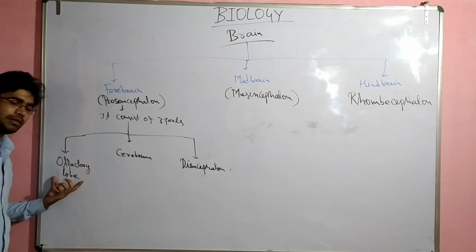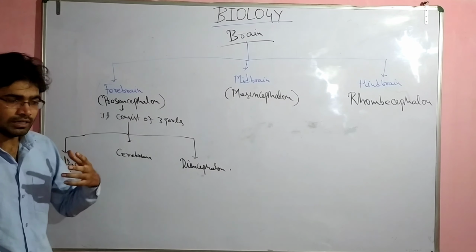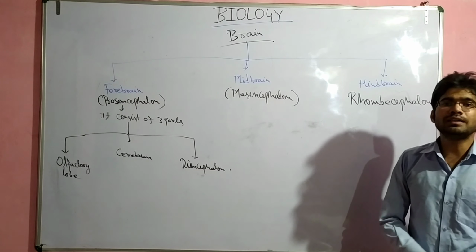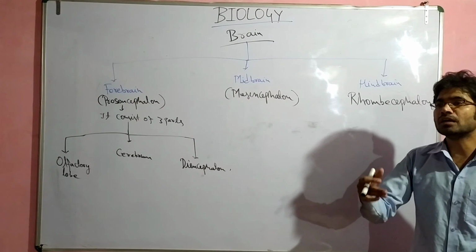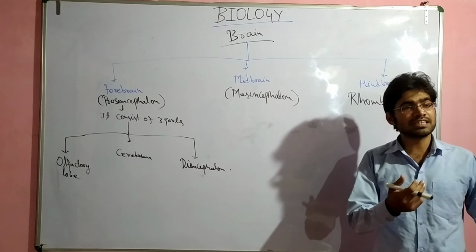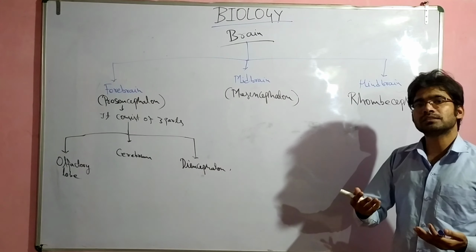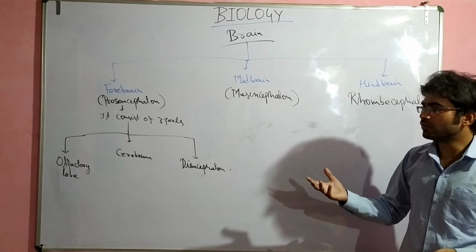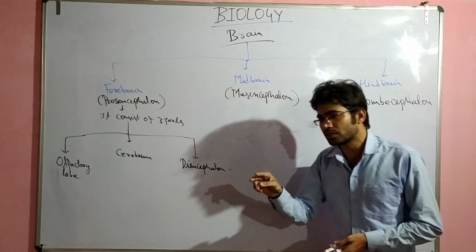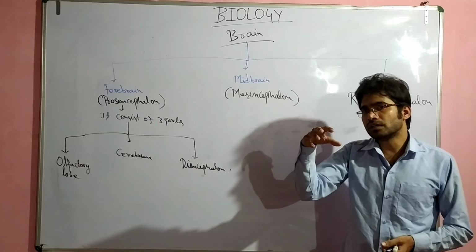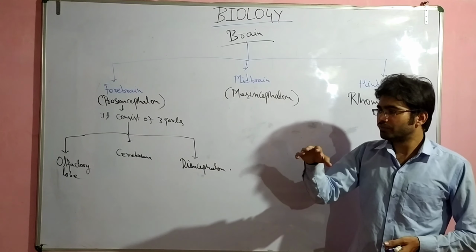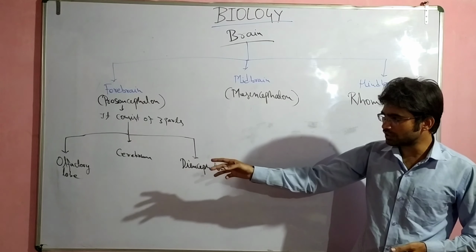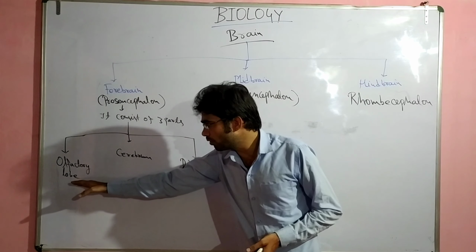They also have these names. Olfactory lobe is concerned with olfaction, but in human beings, it is highly reduced. But in other mammals like dogs, cattle, and other carnivores, it is highly developed. It is a paired structure. We cannot see the structure dorsally. When we see the human brain ventrally, then we can see the olfactory lobes, but it is